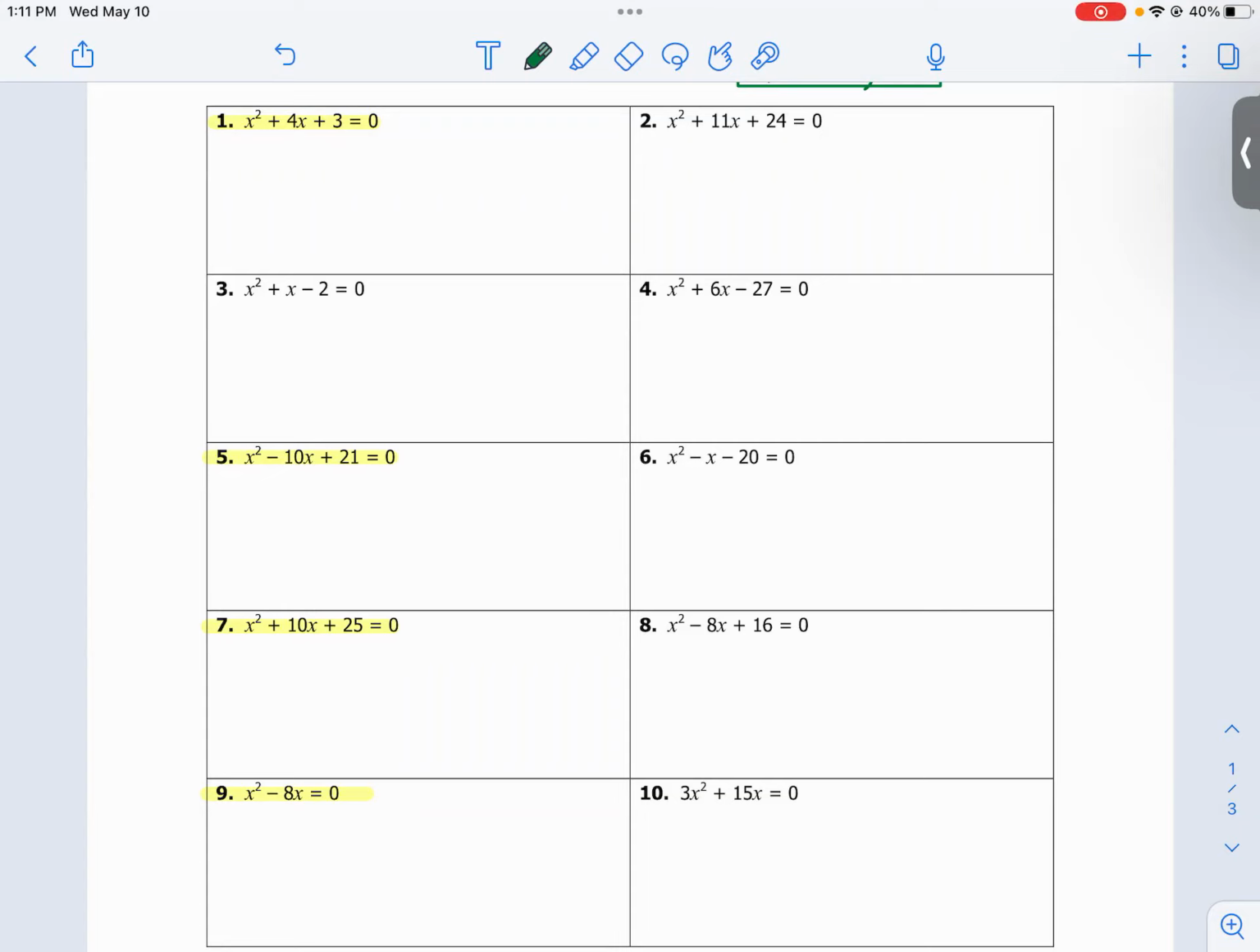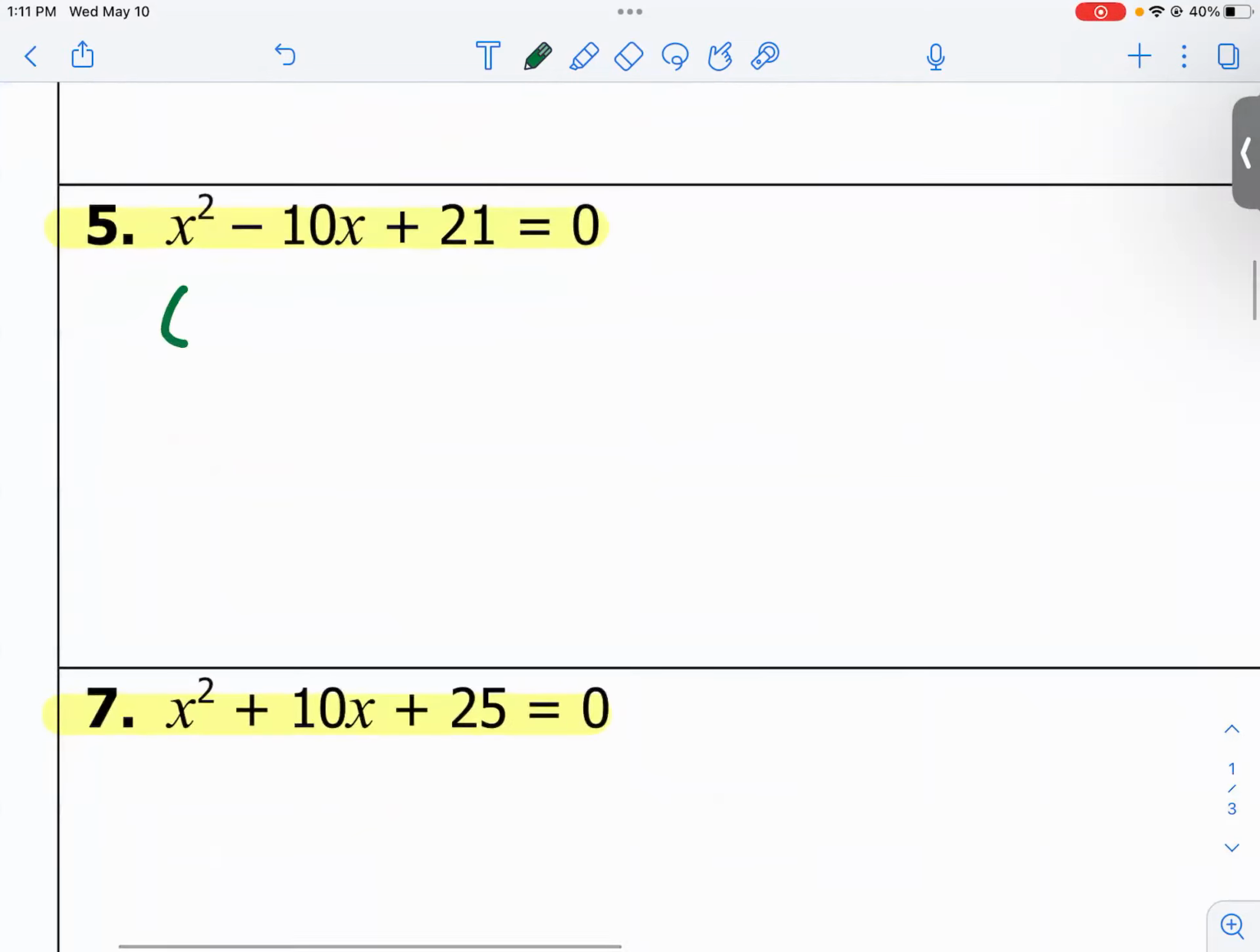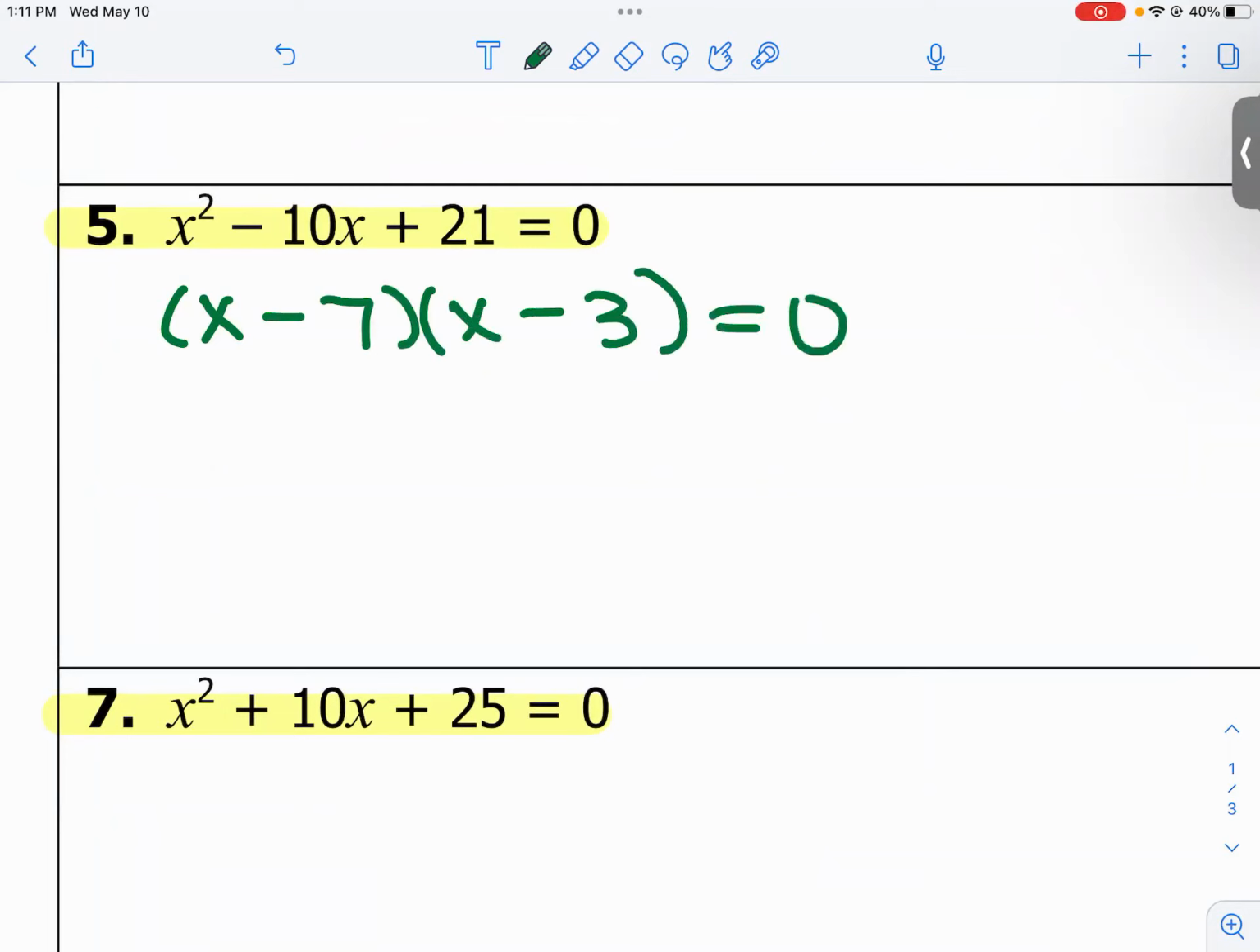Okay, did these feel familiar? Yeah. We did these on the board. These were the 4 from our warm-up. So we already knew that this factors to x plus 3 times x plus 1. So our solutions, Amy, are negative 3 and negative 1. Okay. We already talked about how this number 5 factors to x minus 7 and x minus 3. So when we set each of these equal to 0,